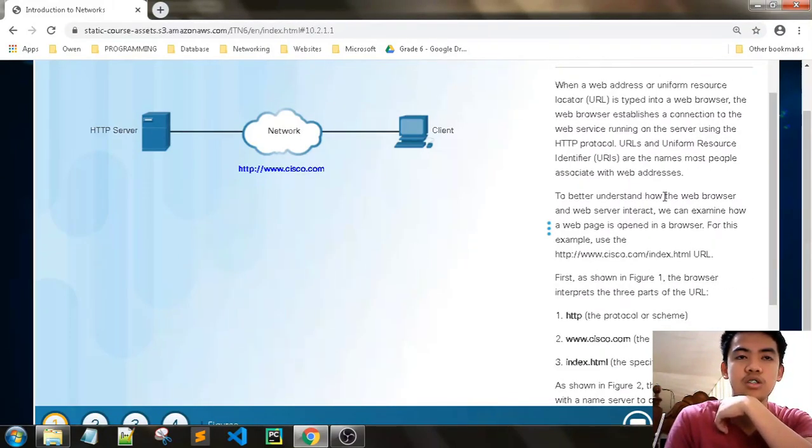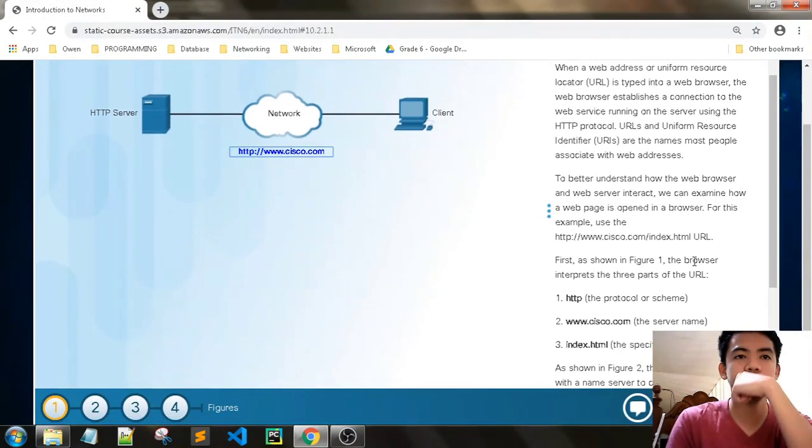To better understand how the web browser and web server interact, we can examine how a web page is opened in a browser. So for example, we access cisco.com. First, as shown in figure 1, the browser interprets the three parts of the URL. So you have the protocol, HTTP, the domain name,